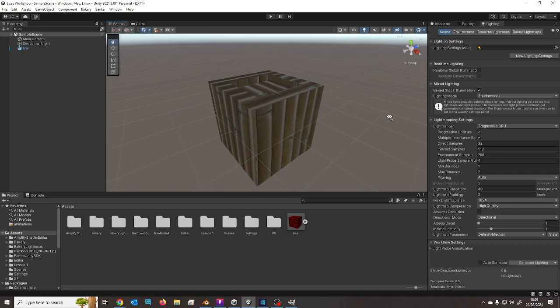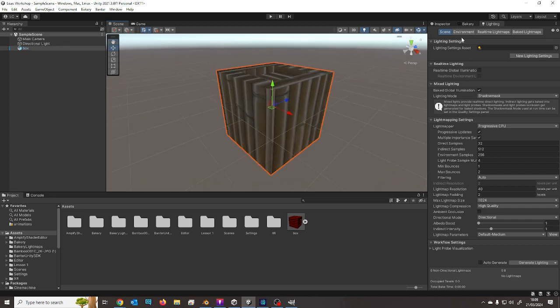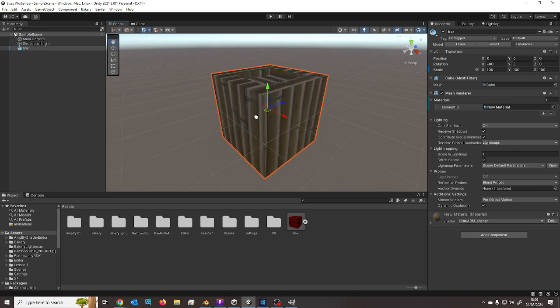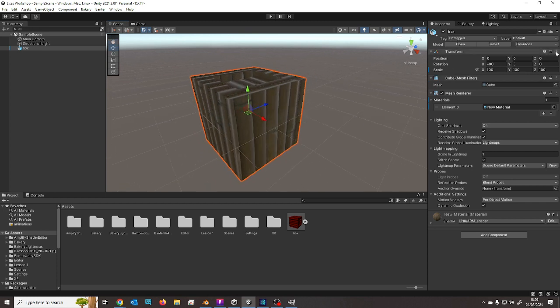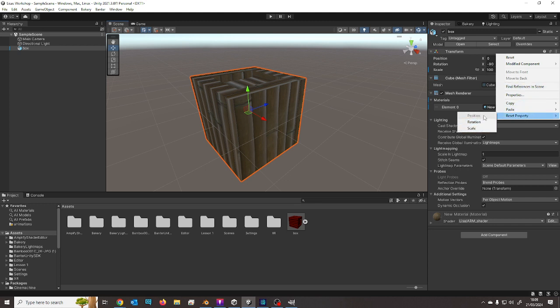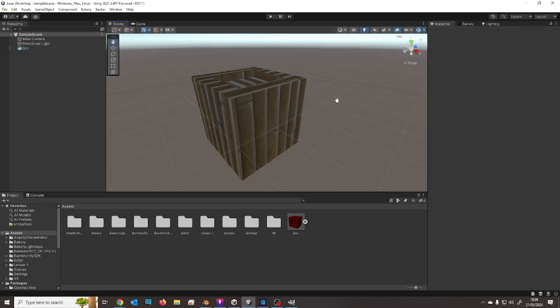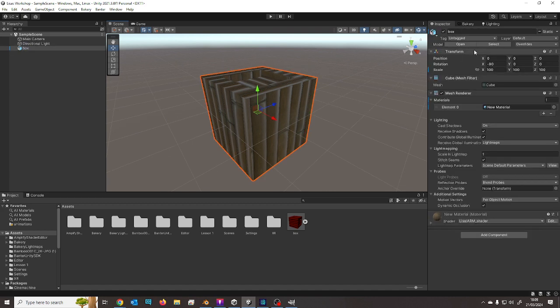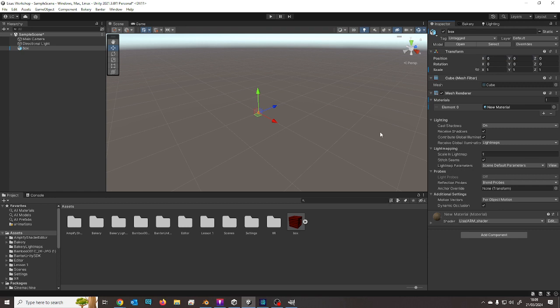If you remember last week, we talked about if you ever needed to reset the position of your object, you can actually pull down the three little dots, and reset property, reset your position there. But more often than not, because I tend to try and work at super speed, I just right click and hit reset. And of course everything goes wrong, because when you've exported it from Blender,